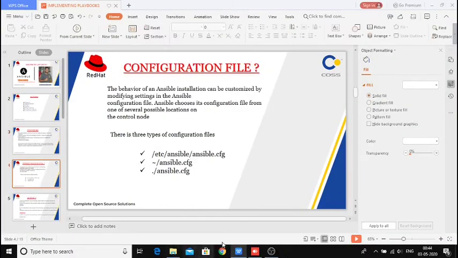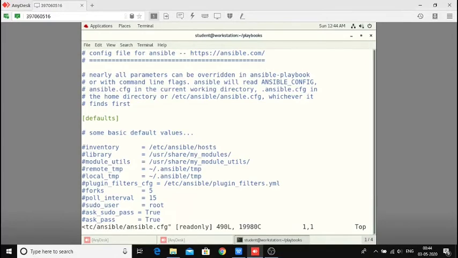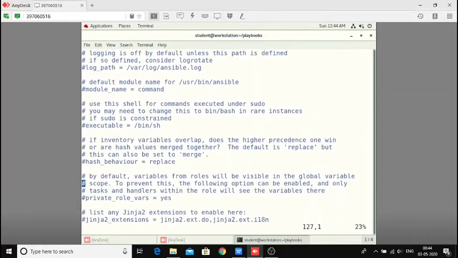If I check here, guys, you can see in my console, if I go to /etc/ansible/ansible.cfg, the configuration file is divided into two parts. One is the default section, and the other is the privilege escalation section.